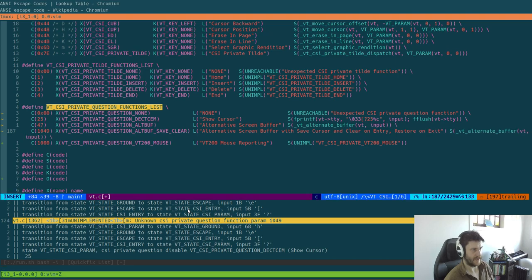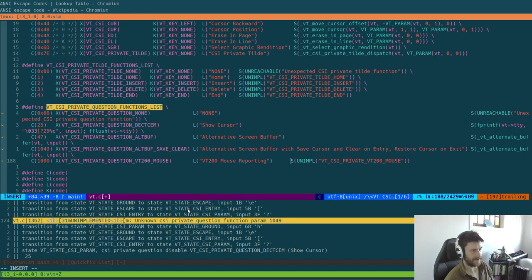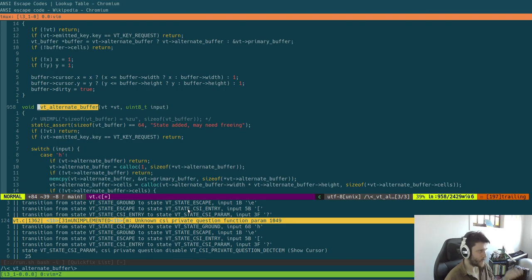Restore on exit, restore cursor on exit. Bit of a mouthful, but we can call it that, because that is roughly all the functions it is doing, because they decided, let's overload this function. So what we can do is, I kind of almost want to make it a thing. So this VT alternate buffer,